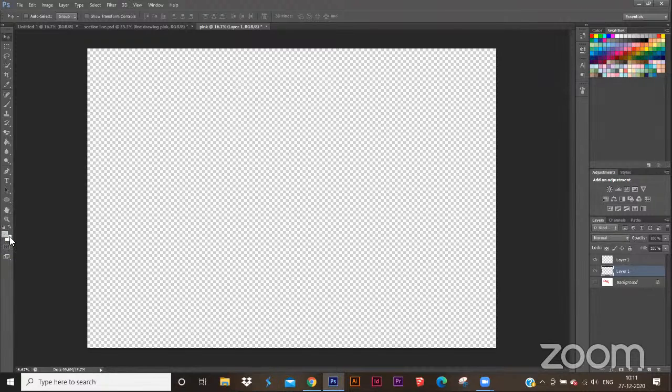If you want to switch the color between the below and the above, you just click on the switch arrows. If you want the whole spread to be in the color you want,